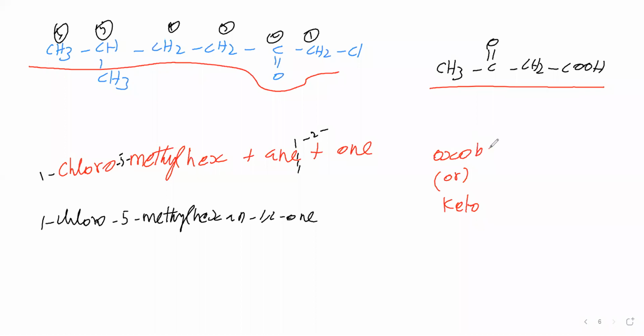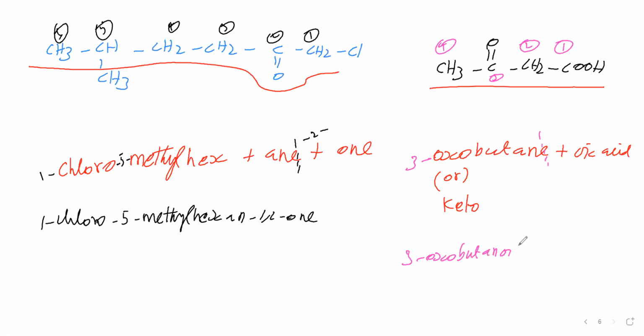The parent chain contains 4 carbon atoms. Primary suffix is ane, secondary suffix is oic acid. When giving numbering, give number 1 to the carboxylic acid carbon, here number 2, here number 3, here number 4. So the oxo, the ketone, is present at the third carbon. The oic acid position we need not say, but it is a vowel sound, so we will drop the last letter E. So we can say 3-oxobutanoic acid. 3-oxobutanoic acid is the name of this compound.